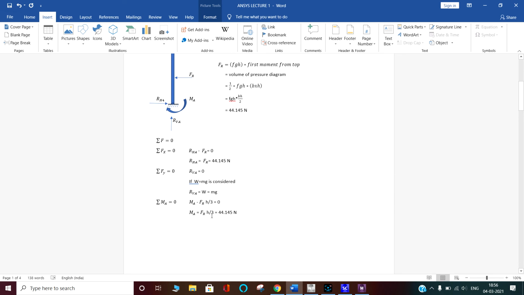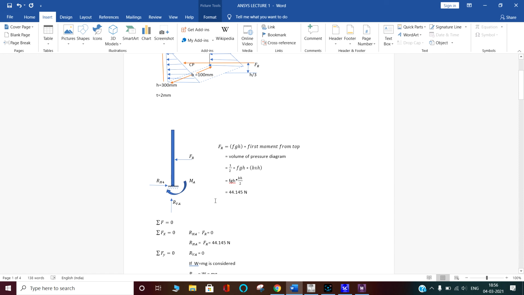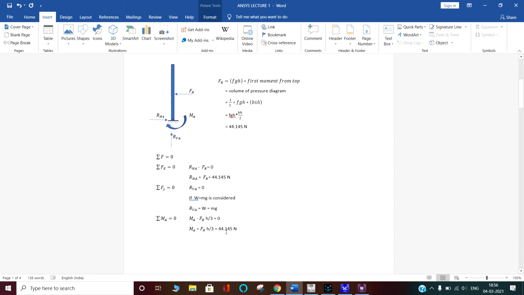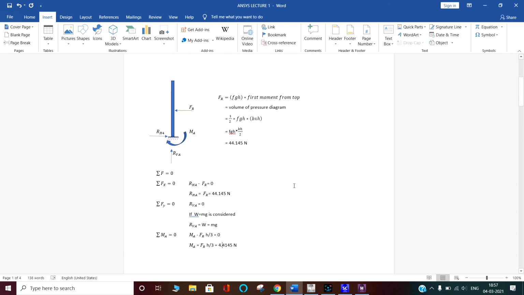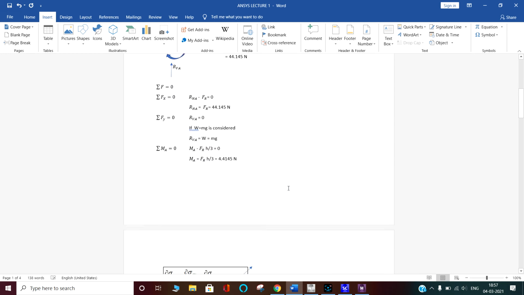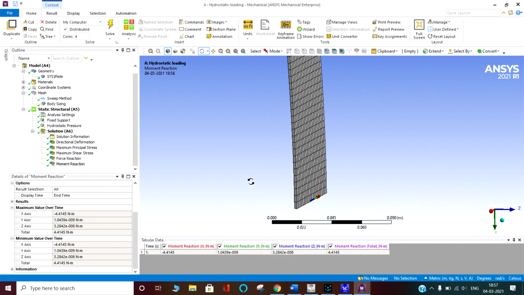Here, if we put Fr, you can see Fr is 44.145, and the height is 300. 300 divided by 3 is 100, so this will be 4.415 Newton. Like this we can say the results are correct, and it is solving these equations.